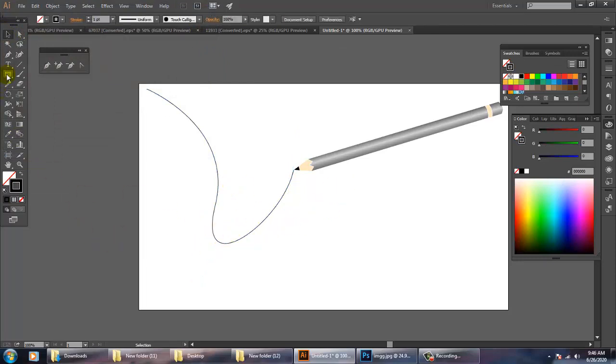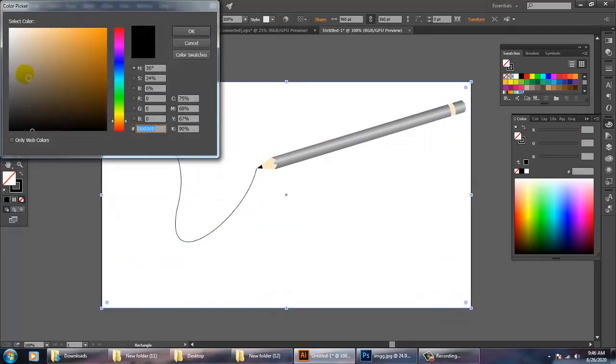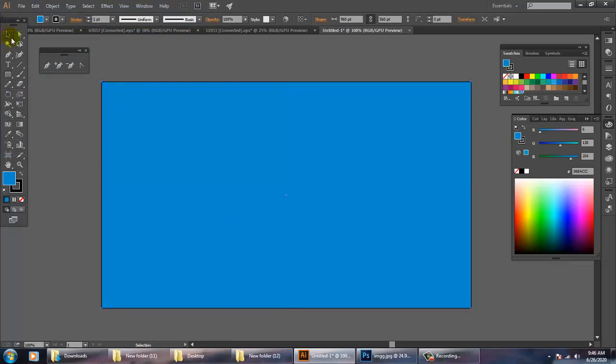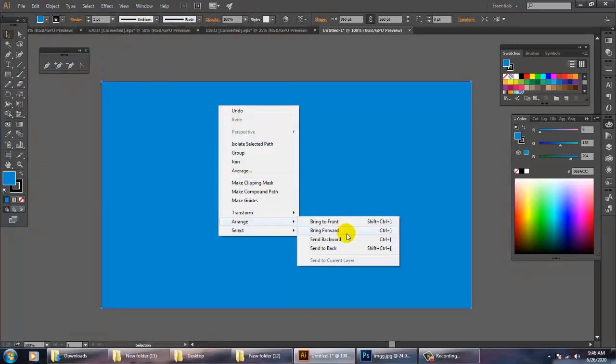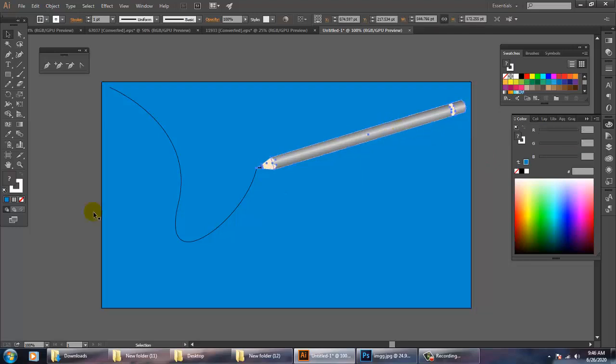Now again draw a rectangle over here, and you can easily give some dark color background. So arrange, send to back. As you can see this, remove the border.